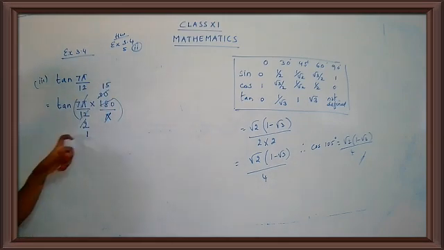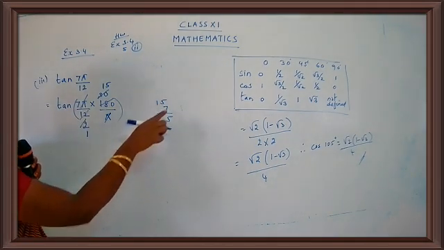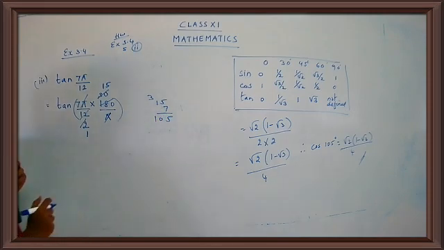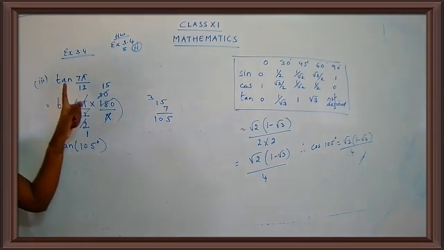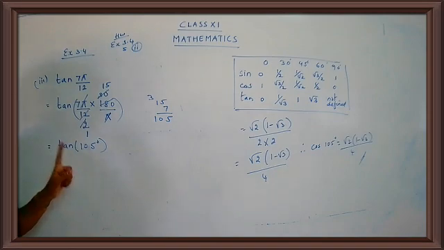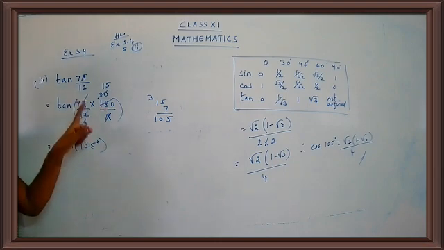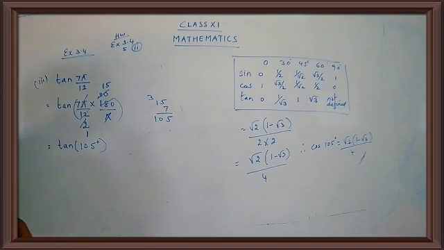So in the denominator almost everything has been cancelled, and in the numerator you have 7 into 15. 15 sevens are 105: 7 5s are 35, 7 ones are 7, plus 3 is 10, so 105. So what do you write here? This is equal to tan of 105 degrees. We have converted the radian into degrees, and you know how to convert radian to degrees: multiply by 180 upon pi. When you multiply and simplify, you get the answer tan 105.